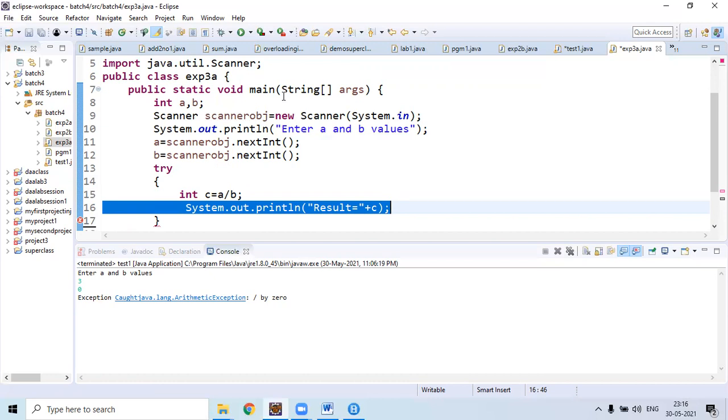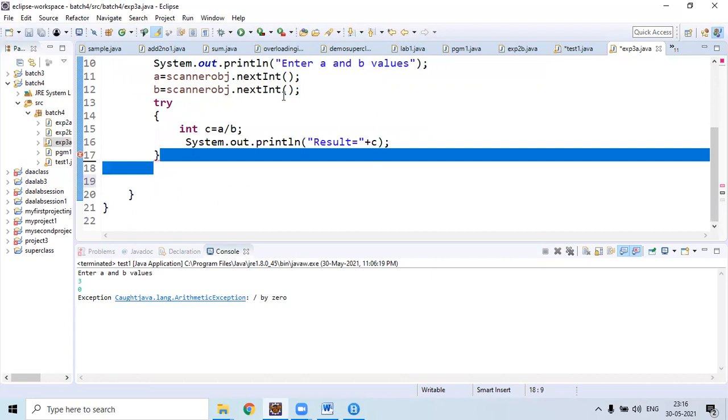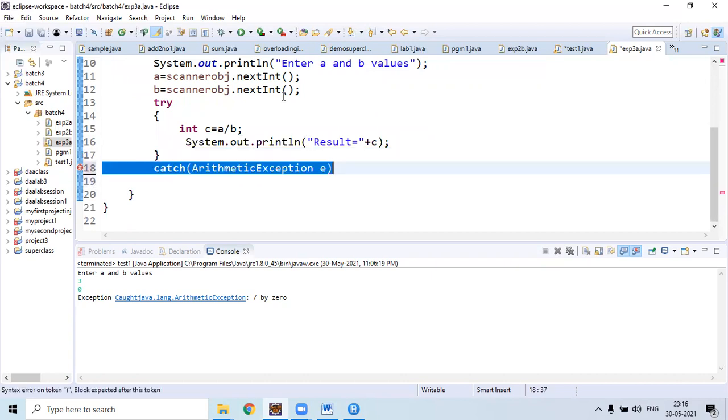If b equal to 0 means try will throw error. So here we need to write a catch block to accept error thrown by the try block. Here inside catch, we need to specify arithmetic exception.